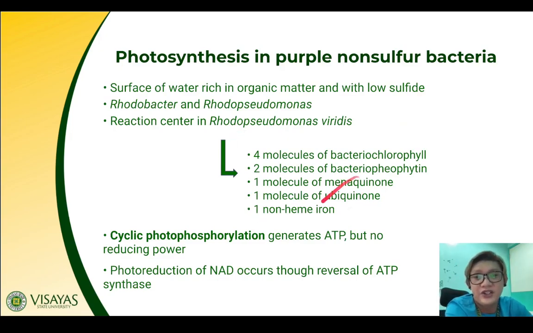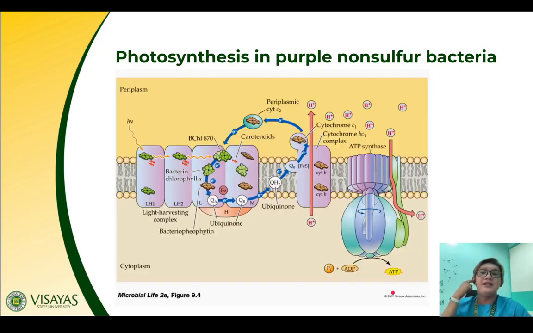Cyclic photophosphorylation is the one that is done by non-sulfur bacteria. It will generate ATP, but no reducing power, but photoreduction of NAD occurs through reversal of ATP synthase. So this is the photosynthesis in purple non-sulfur bacteria. The reaction center has bacteriochlorophyll 870, meaning the maximum absorption is at 870 nanometers. This is a series of electron acceptors, and in the process,